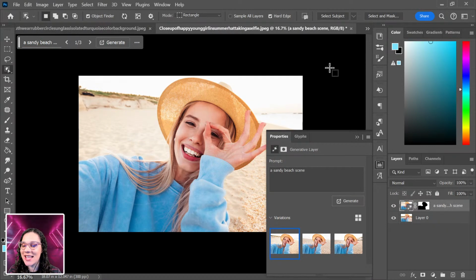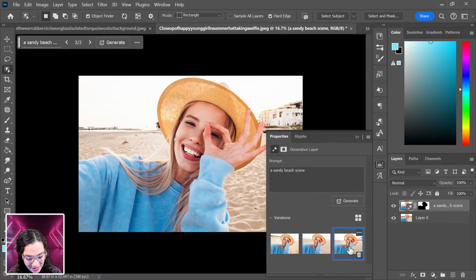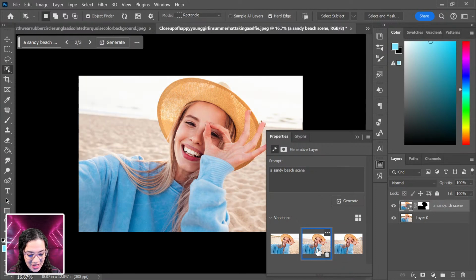So we've got this nice scene of a sandy beach back behind us now. And what I'm gonna do is flip through these and see what we've really got going on. Honestly, I like this one because it has a little more of a city, something more discernible than the rocks in the back. This one is not so bad, but the water is really bright and kind of blown out. It would be nice if we could make it a little more blue, but I'm hesitant to do that